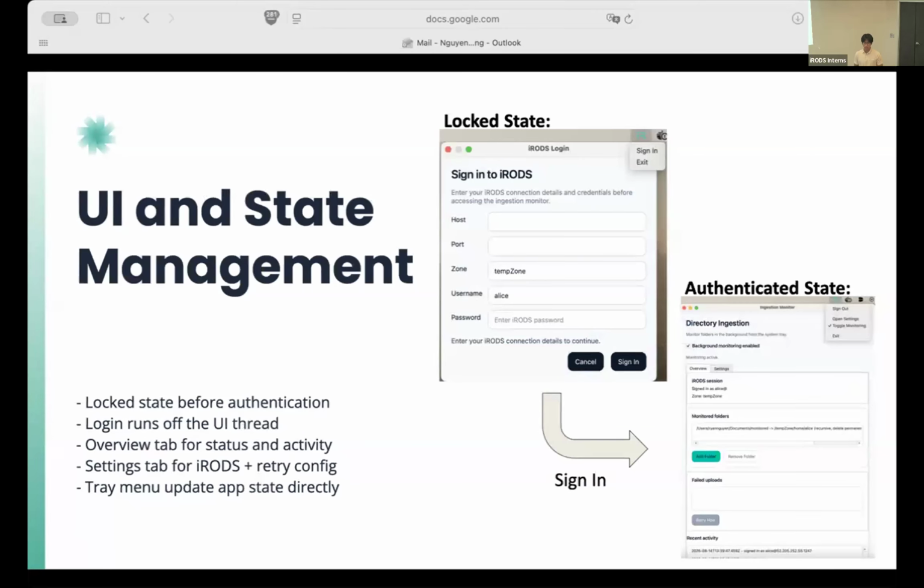And as for UI and state management, it was designed around two main modes, which is a locked and authenticated state. Before a user signs in, the app stays in a locked state where the tray icon is still available, but most actions are hidden, like the main window itself is not accessible. Once authentication succeeds, the controller completes login, it loads the iRODS environment and retry settings, and unlocks the rest